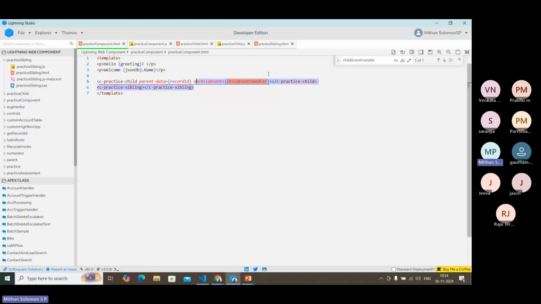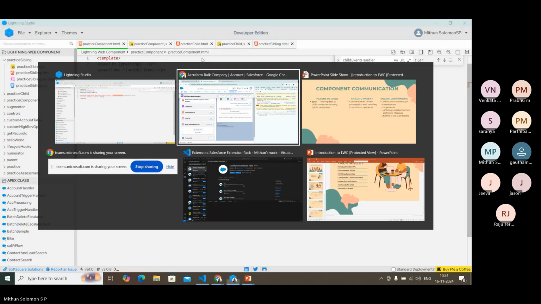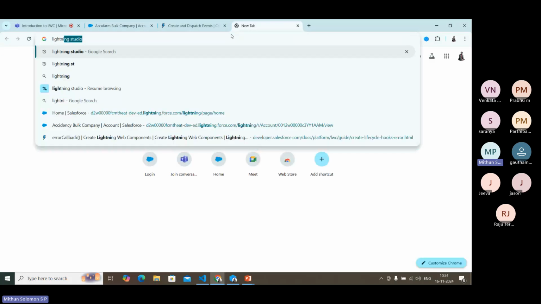Even if it does not have a common parent, it is in another parent component. We can use Lightning message service to pass data between these two components. So I'll just show you what a Lightning